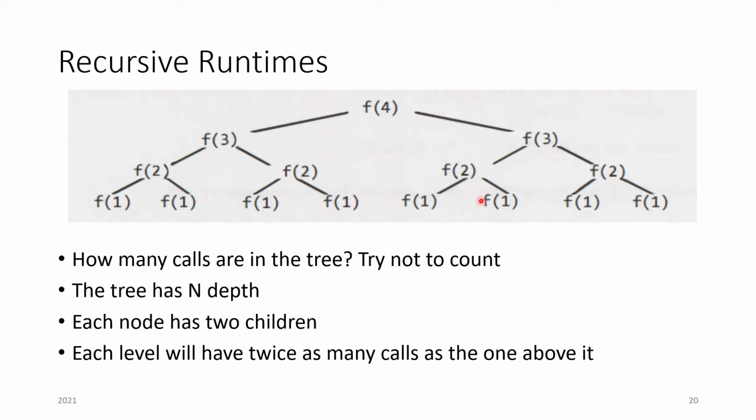The reason for this is that let's just watch f of 2 here. F of 2 has two function calls, right? And then if you watch f of 3, there's 4 and 2. If we watch f of 4, that means it's going to be 8, 4, and 2. What's the pattern? The tree has n depth, meaning the number of levels: level 1, level 2, level 3, level 4. So that's n depth, and each node here has 2 children. Each level will have twice as many calls as the one above it. Because we just saw the observation where there was 8, 4, 2, and then 1,